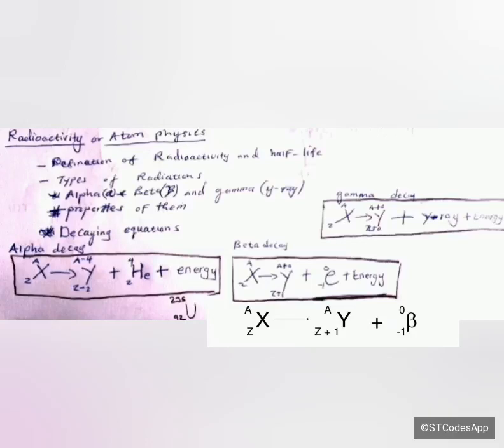Then in terms of penetration, gamma rays or gamma radiation have the highest penetration, followed by the beta radiation, and then lastly we have alpha radiation. So a gamma radiation can be stopped by a sheet of lead. Then as for the beta radiation, this one can be stopped by a sheet of